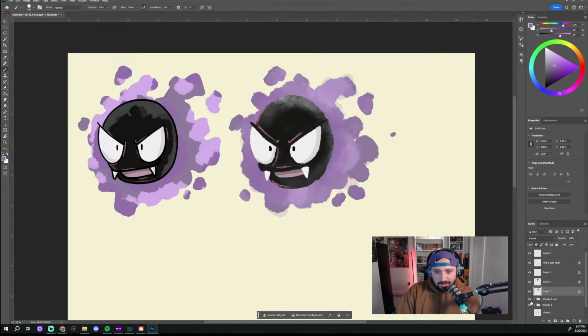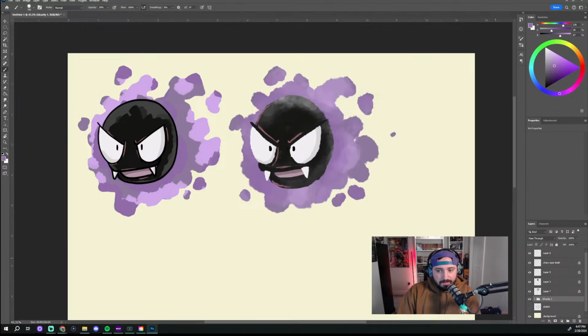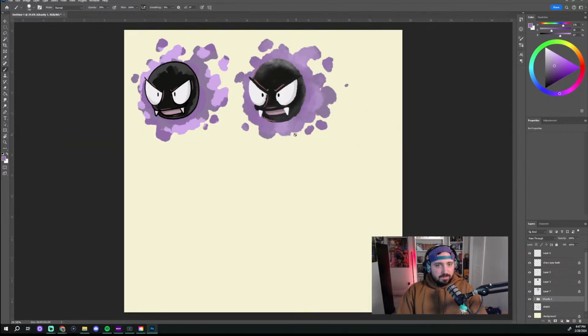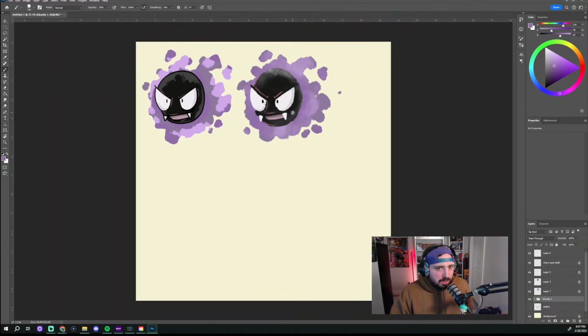But now I can turn off this group 1 copy. I can actually even delete this, right? Because now I have my second one, right? Now I've got 2 different Ghastlies painted, 2 different brushes, right? Drastically different. One cell shaded, one done with more of a charcoal flare, right? And I can keep going, right? I could keep swapping up brushes,